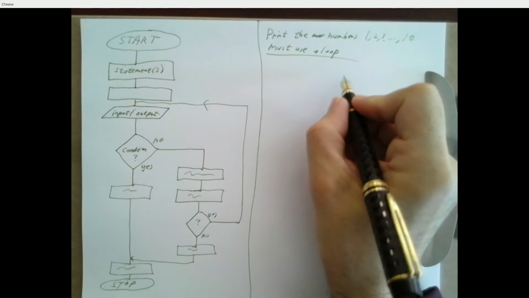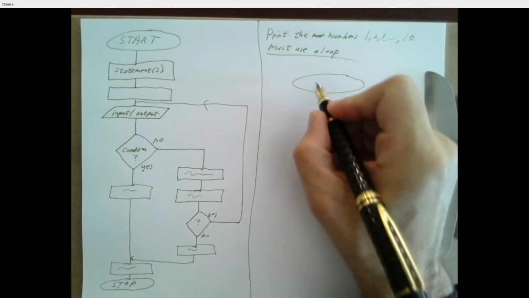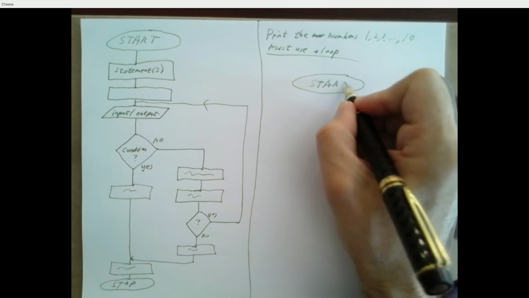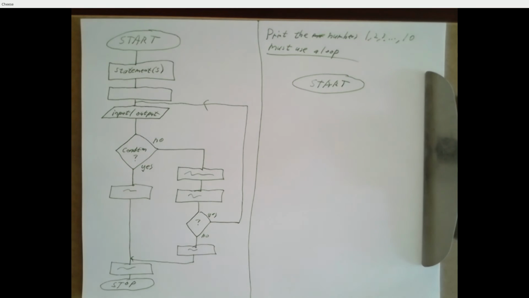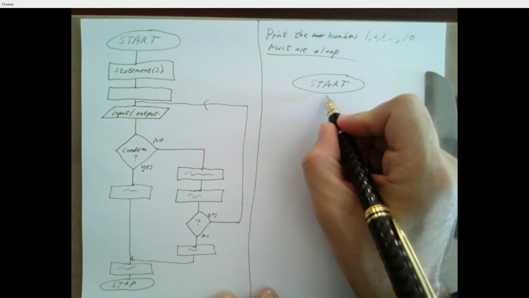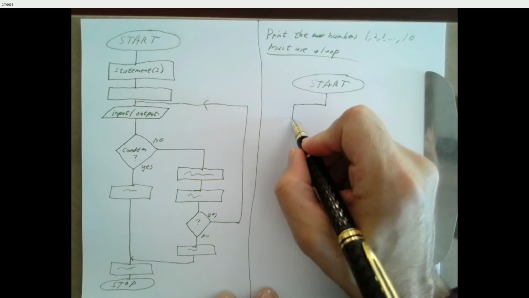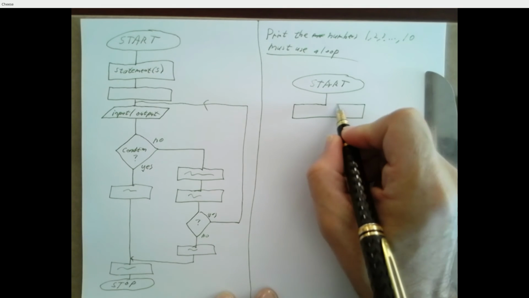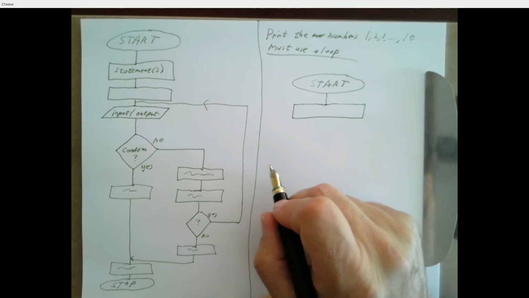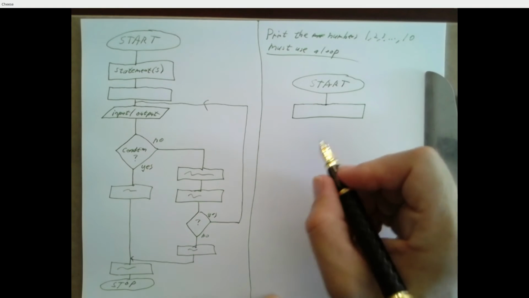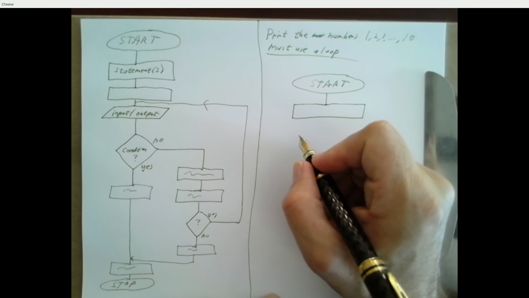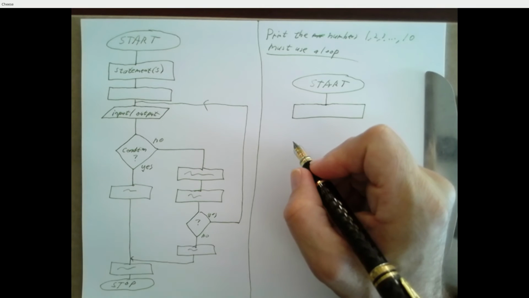So I'll start off. Here's my contribution to the effort. All right. So what should we do next? Declare some variables. Okay, declare some variables. So this is going to be a statement. So we'll do a rectangle. So what should we call our variables? X and Y, okay. And what should we initialize them to? 0.